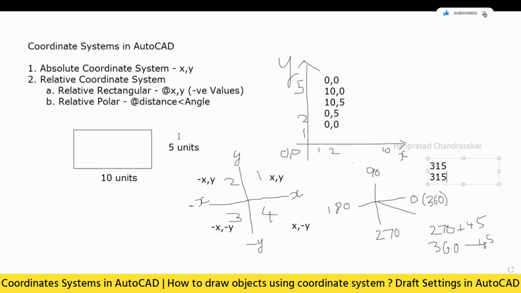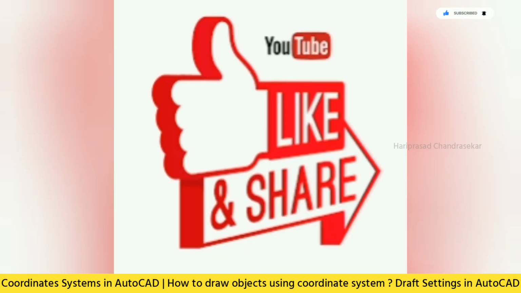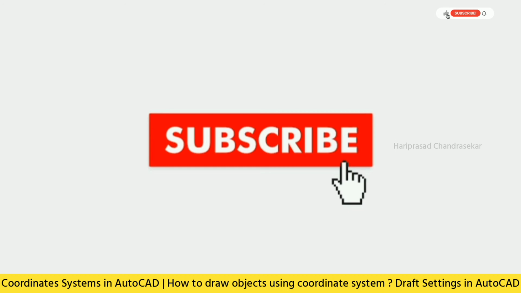By the way, absolute is something like a normal graphical way where we can make use of x comma y coordinates. But in relative rectangular or relative polar, we are going to put only the distance. So wherever you are clicking or wherever you input the first point, it will consider that point as 0, 0. So relative to that point, we are going to draw the objects. That's why we call it a relative coordinate system. Okay, this is the difference between absolute and relative. Don't confuse both. Because in relative, it is very simple to understand. Wherever you click, that point will become 0, 0. Only that concept you must know. After that you can draw anything perfectly in an easy manner.